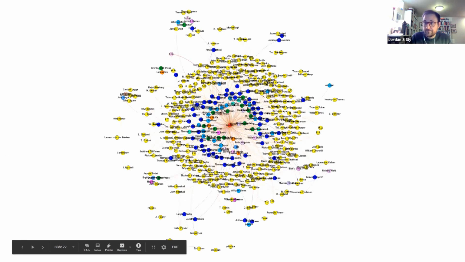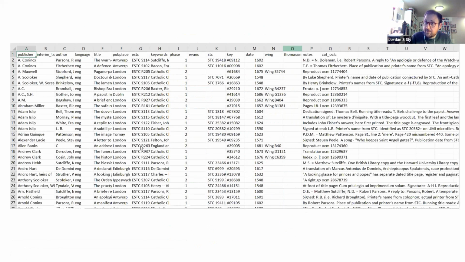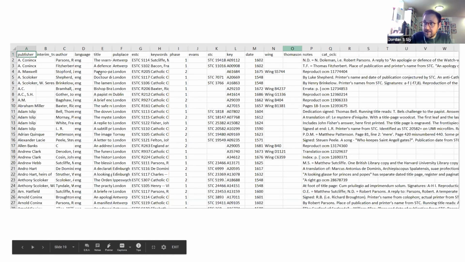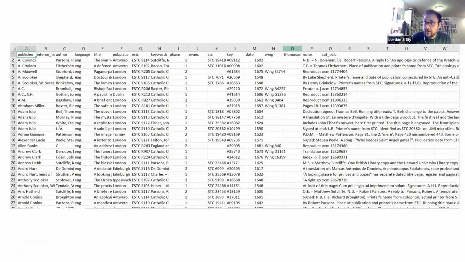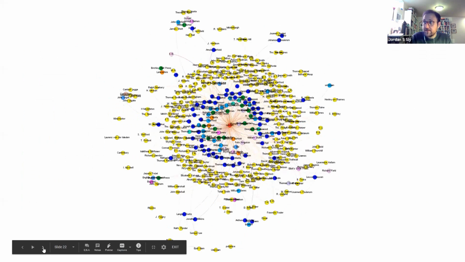So all of this is just a visualization of this spreadsheet focusing on a different node that I'm pulling from here. So whether I'm focusing on the author as the centralizing node, the title or the publisher as a centralizing node, or the place it's published as the anchoring node, each one of those components gives me what it is that I'm looking for.